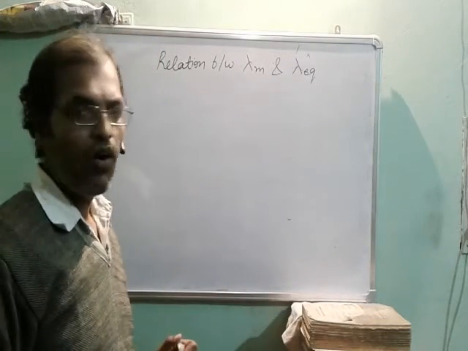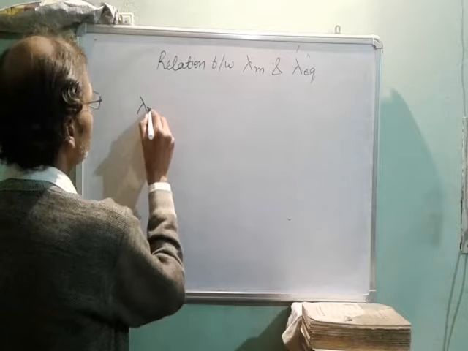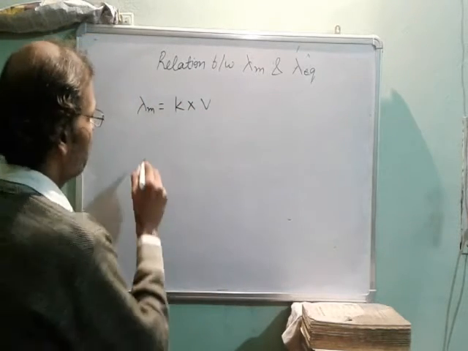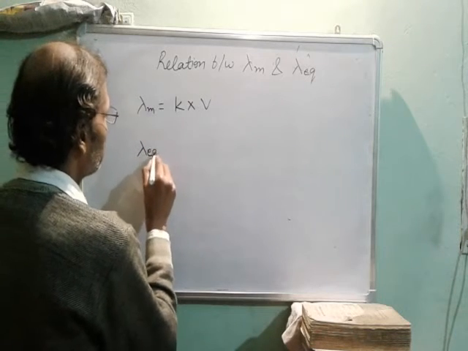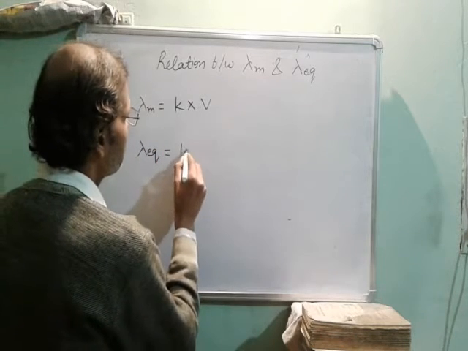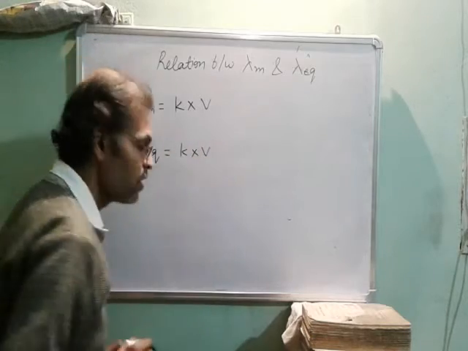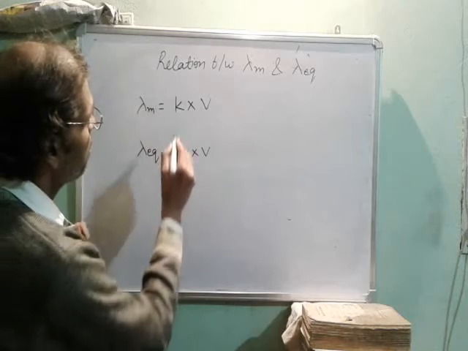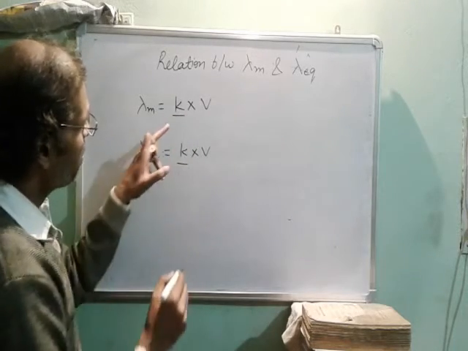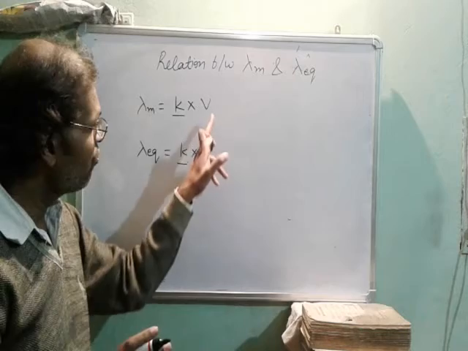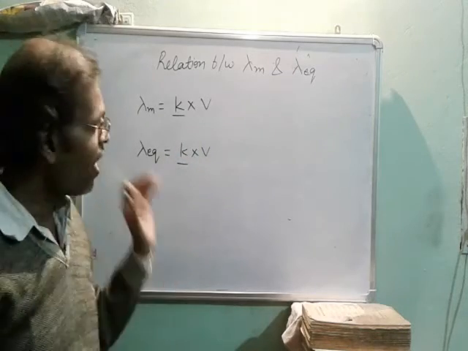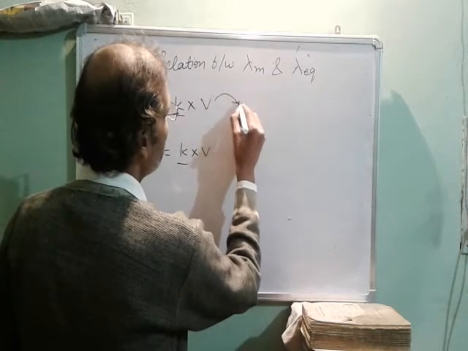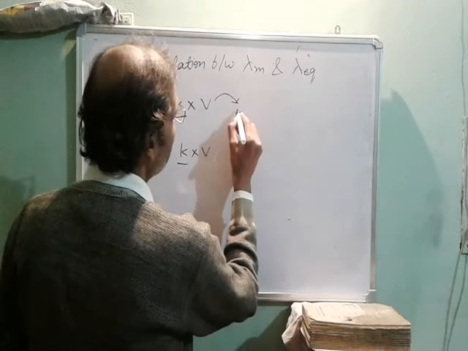Another formula of lambda M is K into V, and a similar formula for lambda EQ is K into V. Now, in these two formulae, the K factor is common, but V is different. According to definition, here V is the volume in which